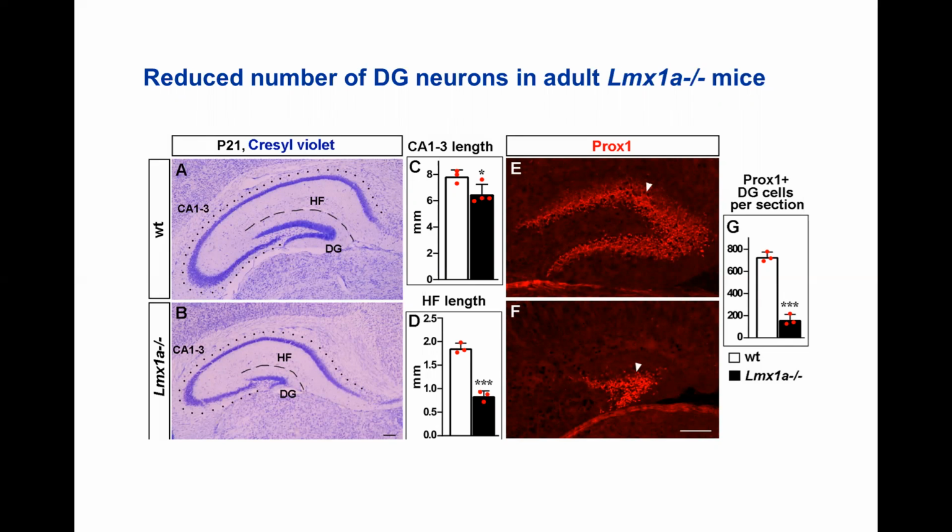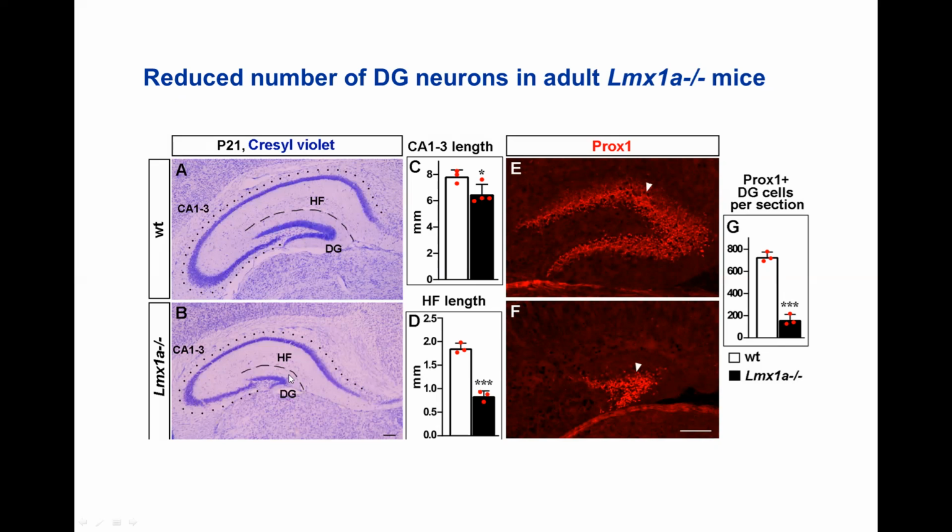We studied mice in which the LIM homeodomain transcription factor Lmx1a is inactivated by a point mutation, and we observed hippocampal abnormalities in these mice. So these are coronal sections of adult mouse hippocampus, and you can see dentate gyrus and CA1, CA3 regions in wild-type mice, and in Lmx1a mutants, CA1, CA3 regions were slightly reduced, but the dentate gyrus and hippocampal